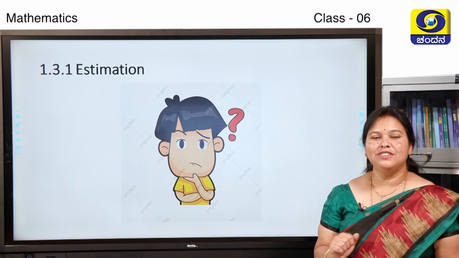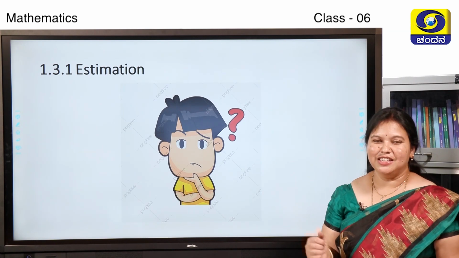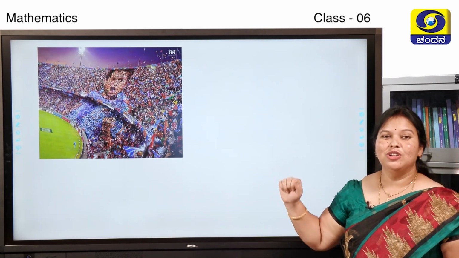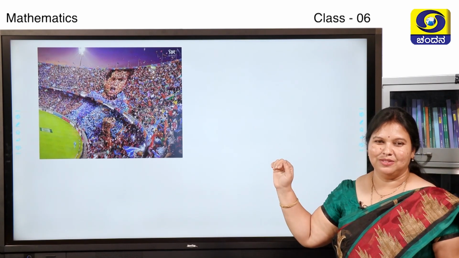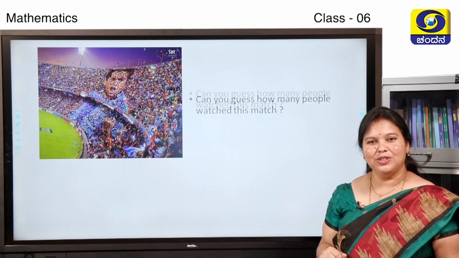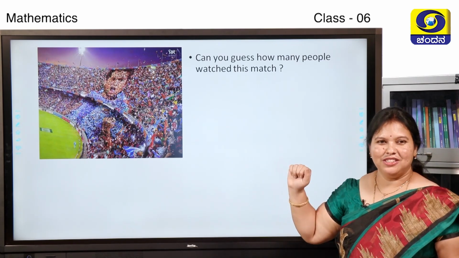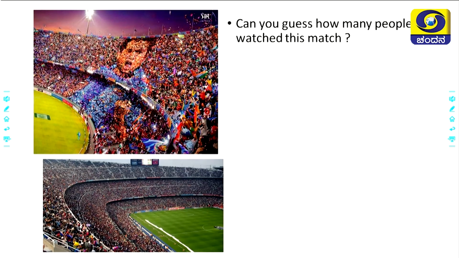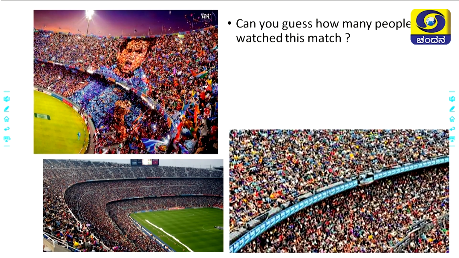In this, how can we use numbers? We will understand by seeing this picture. Yes, it's a cricket stadium with a huge crowd of people. By seeing this, can you guess how many people watched this match? Is it possible to say exact numbers? Can you guess exactly how many people are there in this picture? No, you can't know. But you can say an approximate number of people gathered here, like 1 million, 10 million,